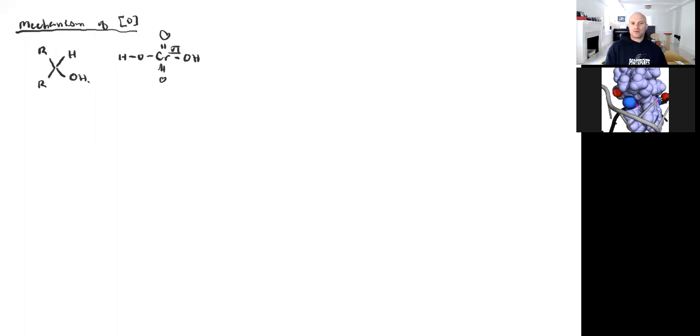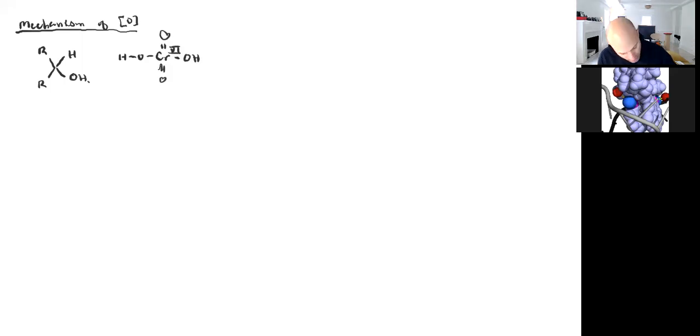In the first step, the alcohol is going to attack the chromium, and I write down the oxidation state there just so we can keep track of electrons. So we're starting with a chromium-6 reagent. And what we'd say is that